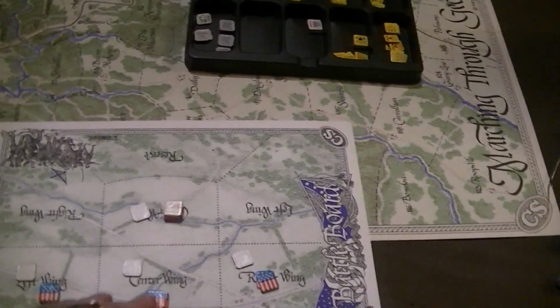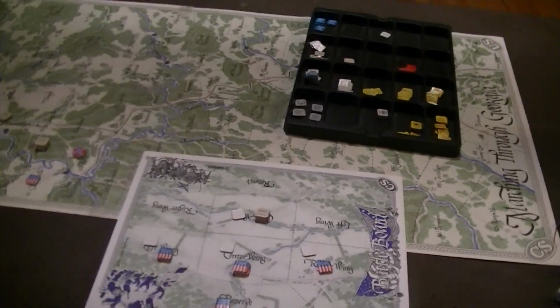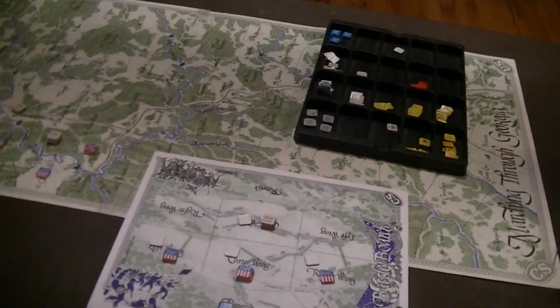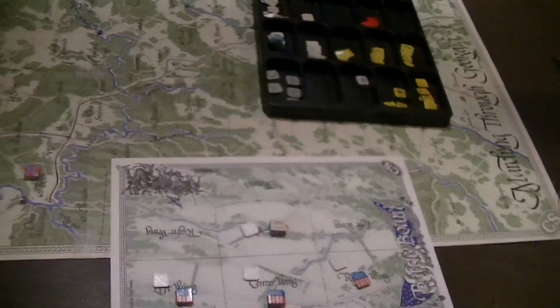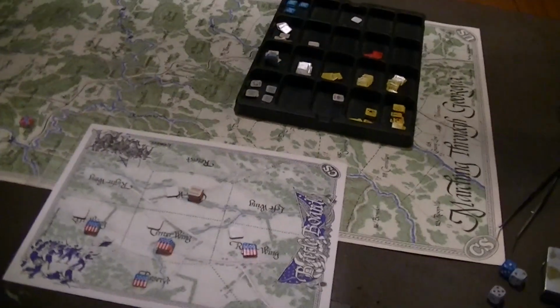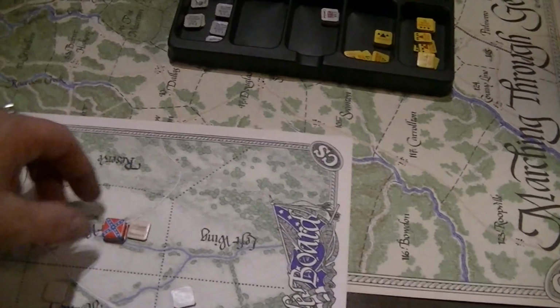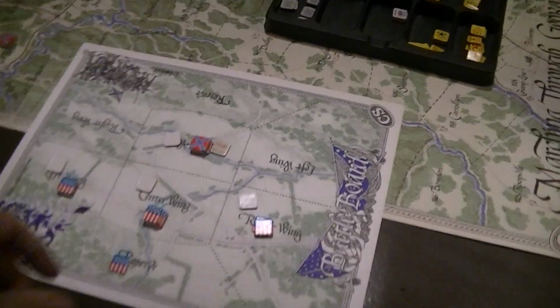So I've got 3 Union wings coming up against the Confederate wing. That's a big deal because I get firepower on each of them. I'm going to fight this battle out as though I haven't done that before in the other games. Just, I don't know why. In part, the entrenchments are different. So the Union gets to pick one of their launching points, and